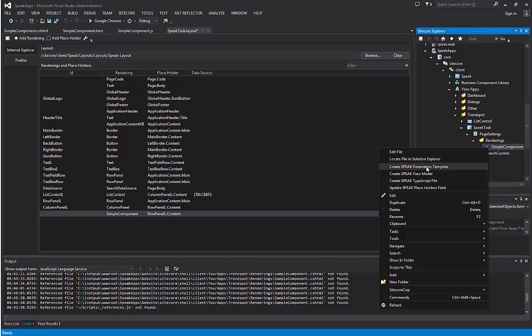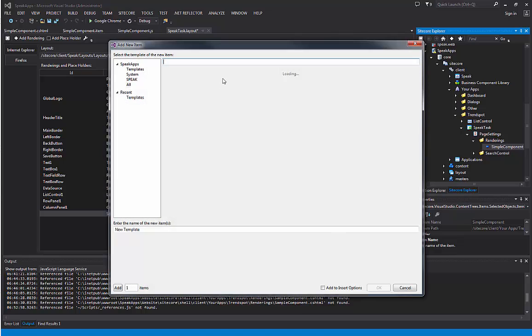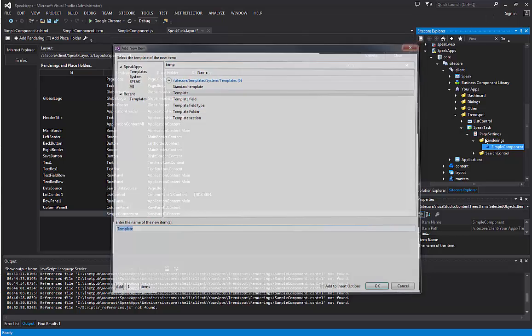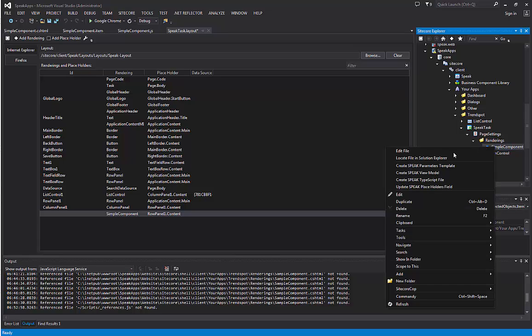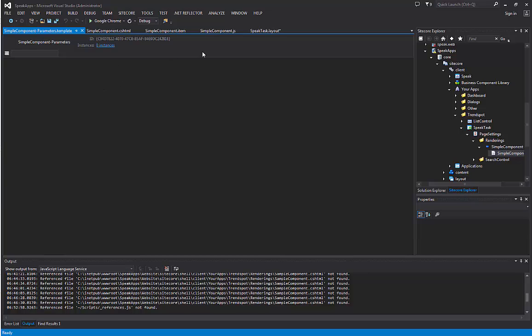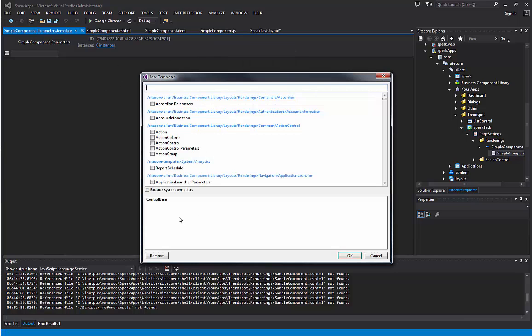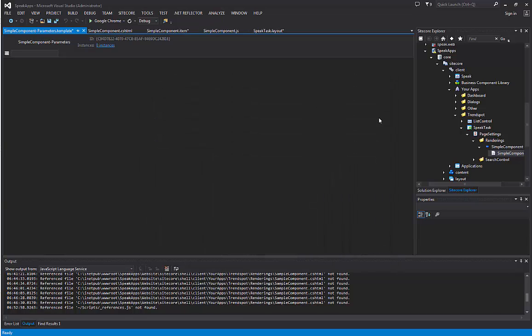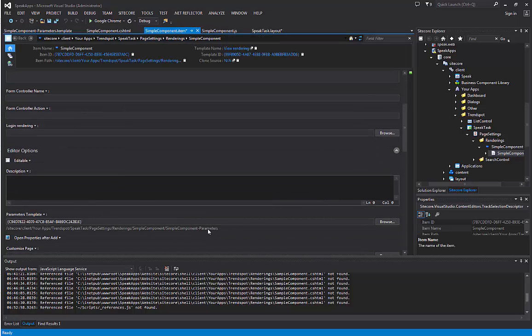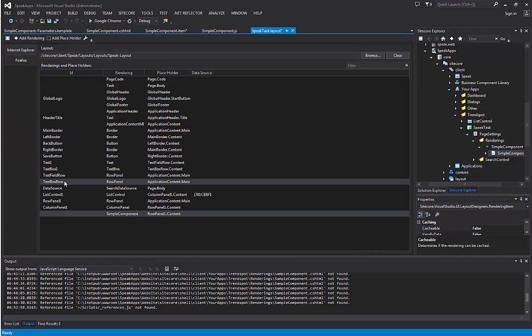So we can right click on it and go create Speak parameters template, or we can simply add a new item, and it's the standard template, and then we can call it parameters template. Both of them do exactly the same, except that the create Speak template button will automatically set a template to inherit, which is control base. The control base has our ID field, which means with that saved and it referencing our new template, sorry, if we